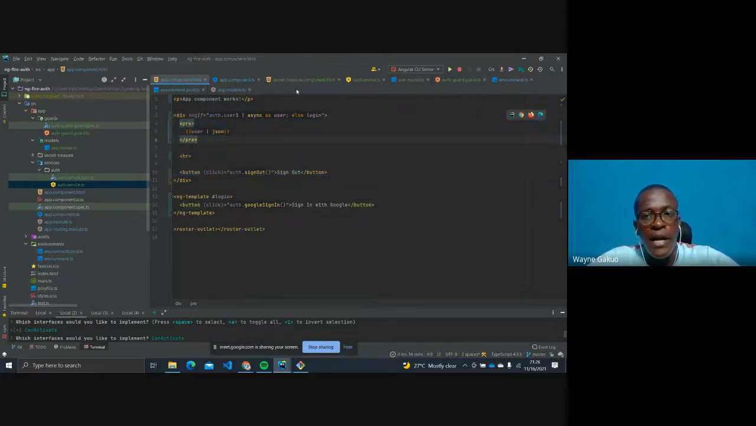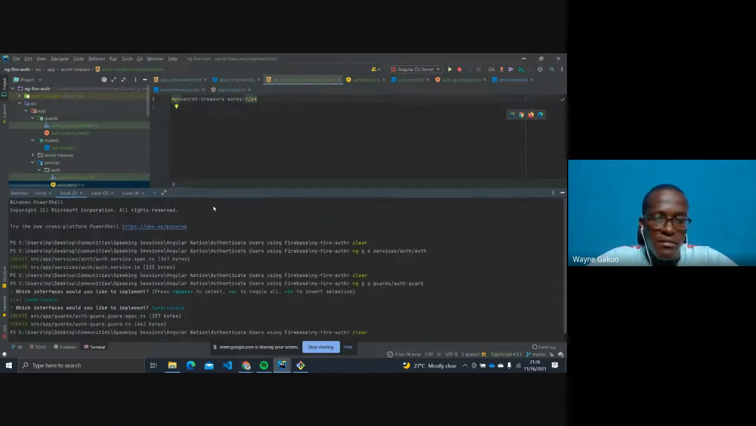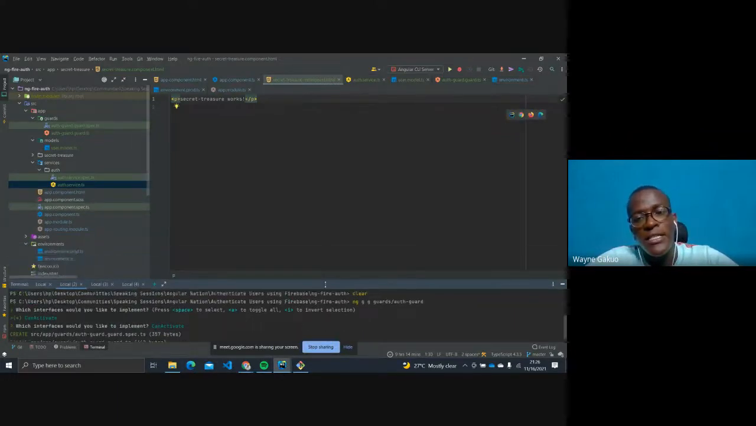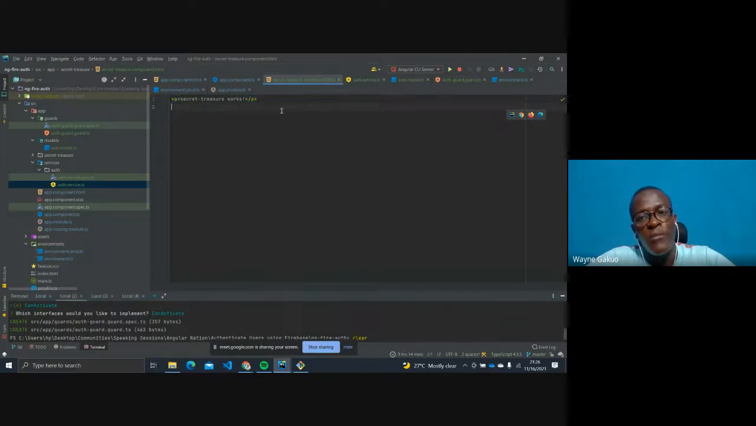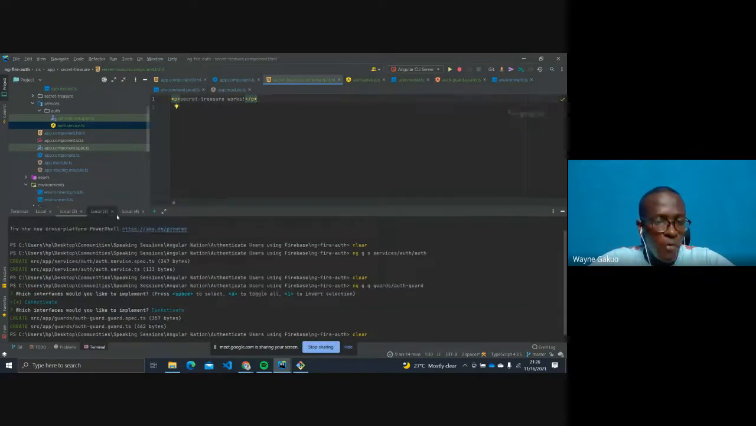So for example, now I have something called the secret treasure component. This is a component that I just created using ng generate component. What I want is for this component to only be shown when the user has been logged in, and you want this to be tied to a route. For example, if it's the about page, you only want logged in users to be able to access it. What you do is you create a